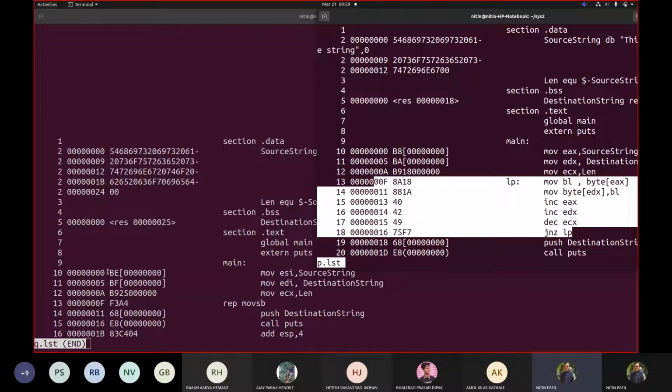If you see B, in this case it took B because my register got changed, ESI. So here it took B8 because it was EAX, so it adds the register number there. EAX is 0, that's why B8. And this was source string address 0, destination string address 0, from different sections. Correct. Then ECX is the length, and this 25 was computed